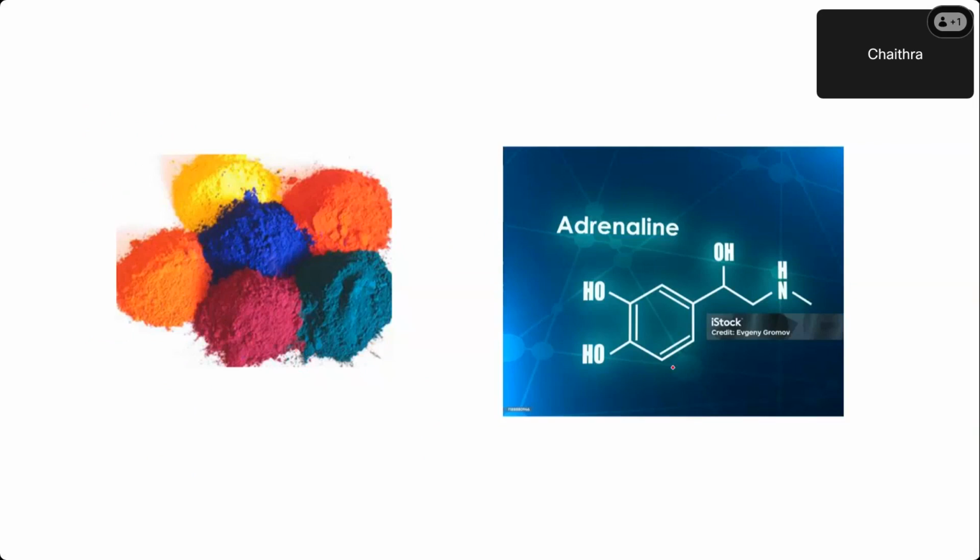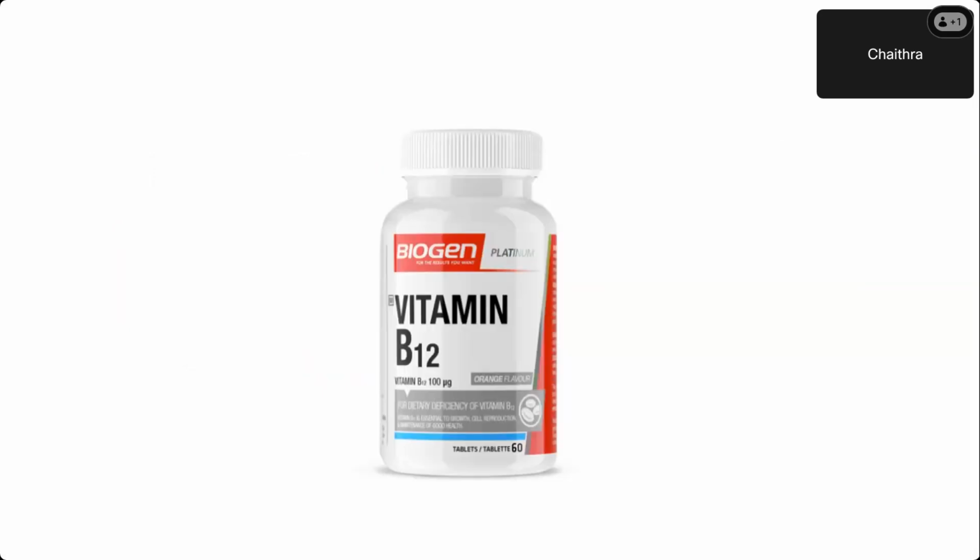And this is a hormone I have written in biology. You would have come across adrenaline. It is a fight or flight response hormone, right? You can see here nitrogen is present in this case also. And this is vitamin B12. All of you know it is very important for our life, vitamin B12. It is also called cyanocobalamin. So you can clearly understand that in this also the amine group is there, right?